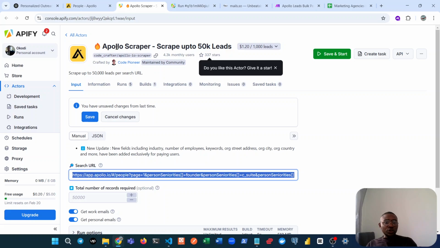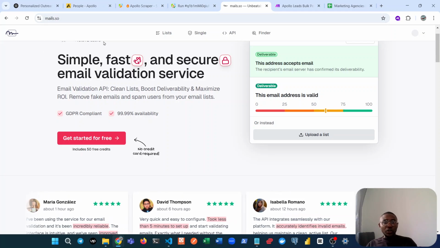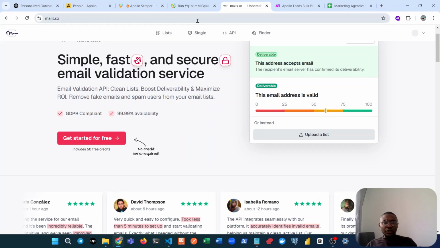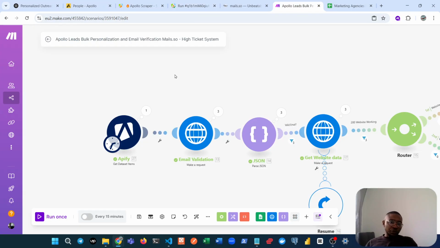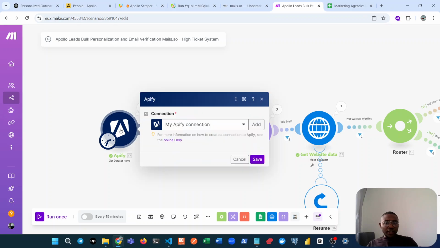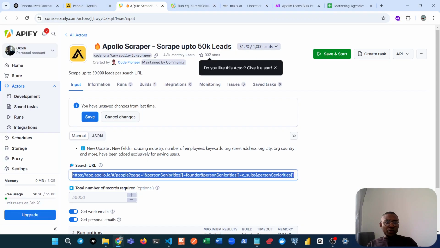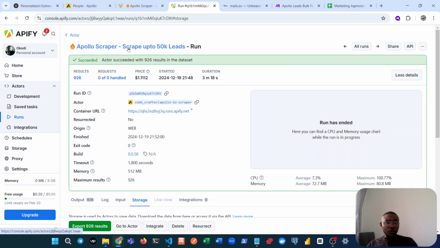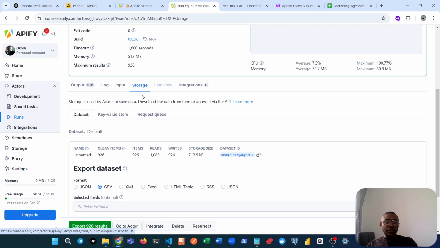This Apollo scraper comes with emails, but one thing we would still need to do is verify those emails. To verify them, we would use the service of mails.so. You can use Million Verifier, and there are many other quite cheap email verification services out there. So from Apify, we use the get dataset items module. Apify scrapers are called actors. I already ran this actor and I got